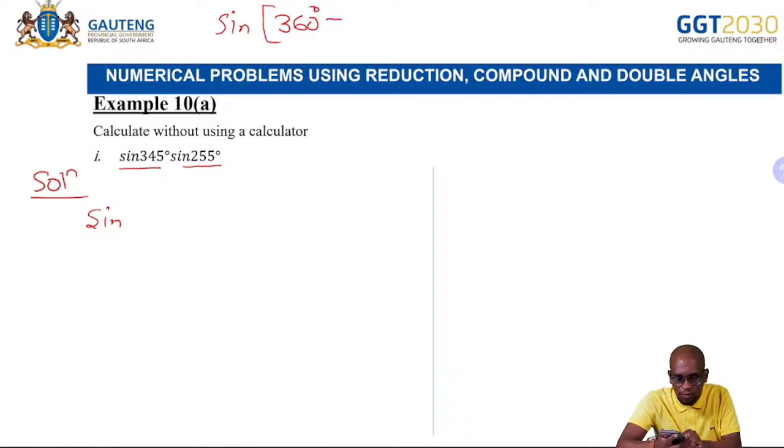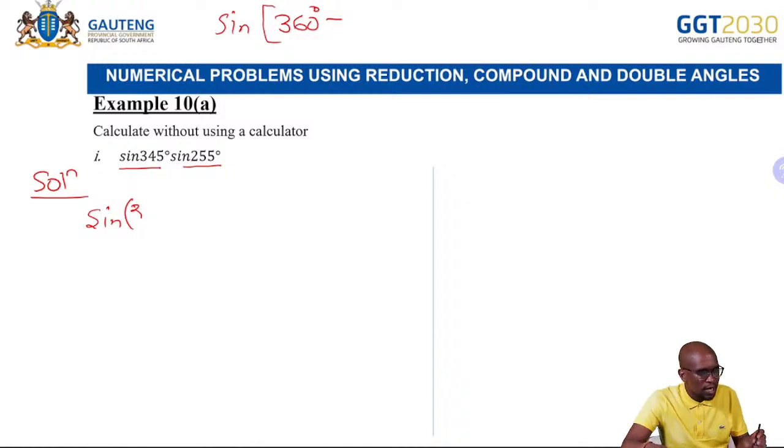What can we subtract from 360 to get to 345? We can simply subtract 15. And we know that sine in the fourth quadrant is negative. So this would be minus sine 15. So the solution here would be equal to minus sine 15 times